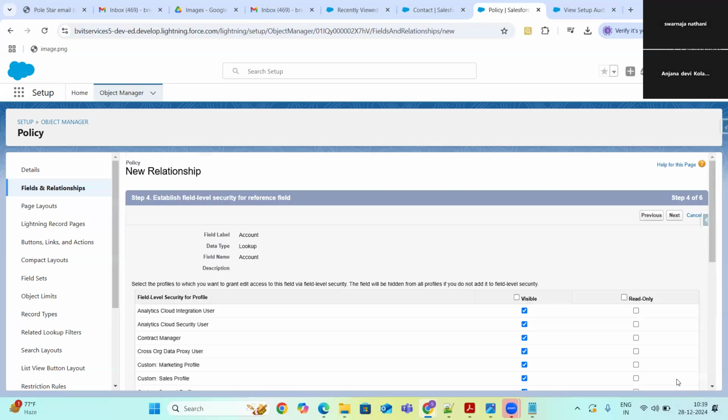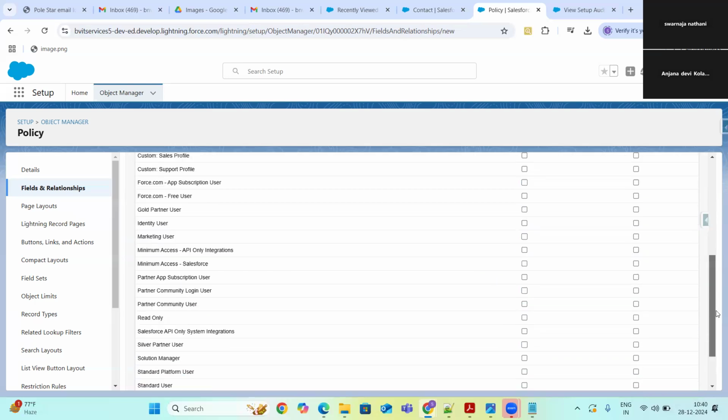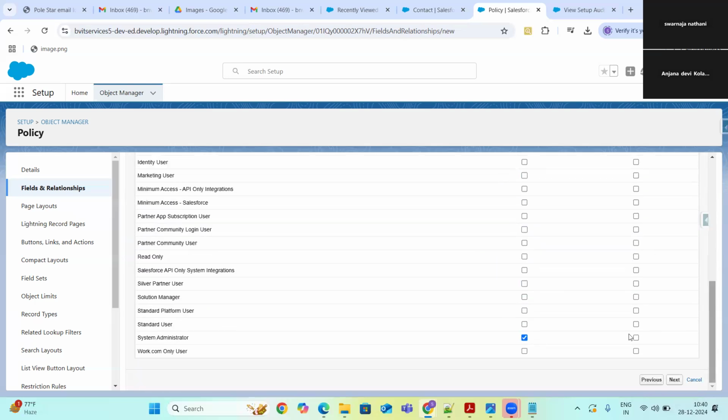Click on next. Then, as usual, it is asking for the profile permissions. Just give the permissions for whichever profile you want. I'm just giving it for the system administrator, so it's visible. If you want to make this field read only, that means you can't edit it, then you have to check this read only option.